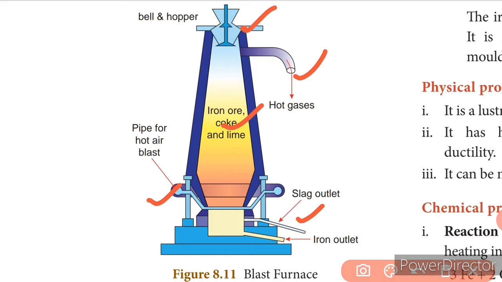Now the iron, that is the metal of interest for extraction, is collected in this iron outlet. You can see an outlet at the bottom of the furnace, isn't it? This is where the molten iron, which is called pig iron, is collected. So this is about the description. There are various regions, and the reactions that occur in the various regions can be seen.